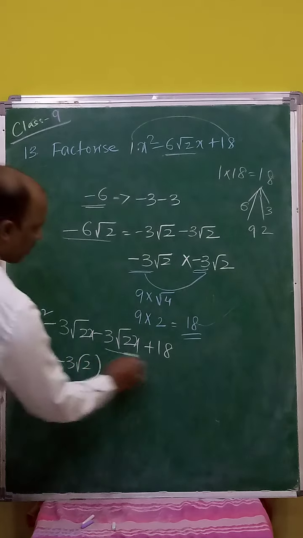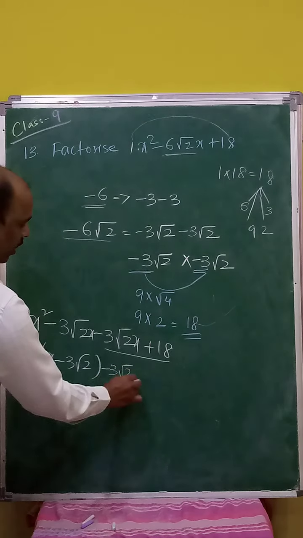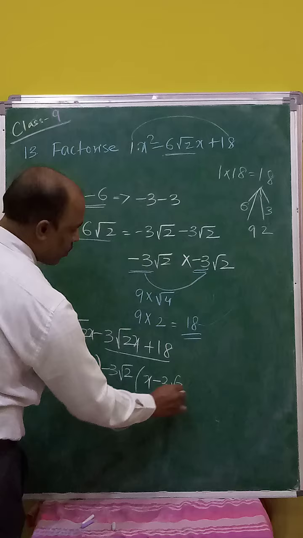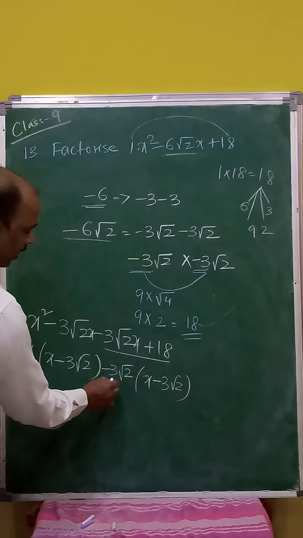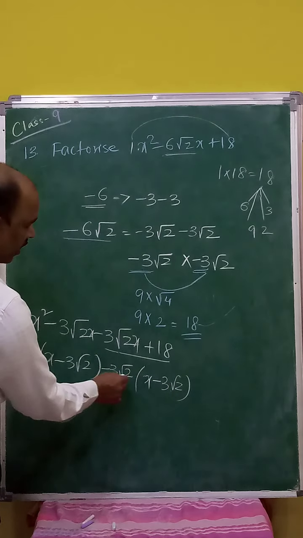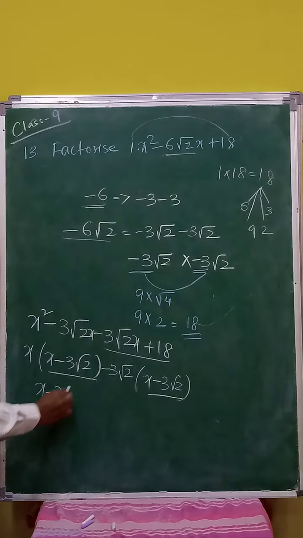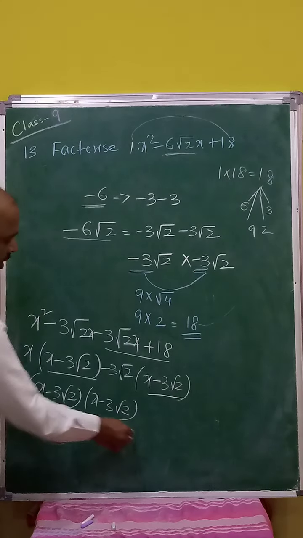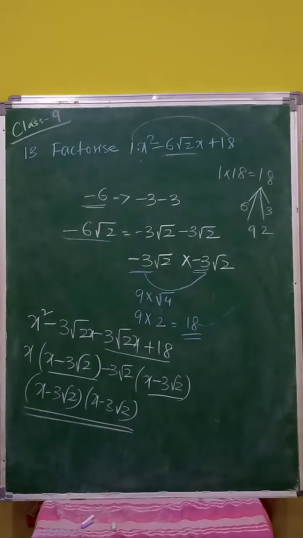Clear? In this also the same thing, 18 is there. Here minus 3 root 2. If you take common, what is the single term? x. Then again here also 3 root 2. Just now you multiplied 3 root 2 and 3 root 2, the answer is 18 only. 3 3 is 9 and root 2 into root 2 is 2. Now finally x minus 3 root 2 is a common term in this. x minus 3 root 2 into x minus 3 root 2. That is the factorization of x square minus 6 root 2x plus 18, two factors.